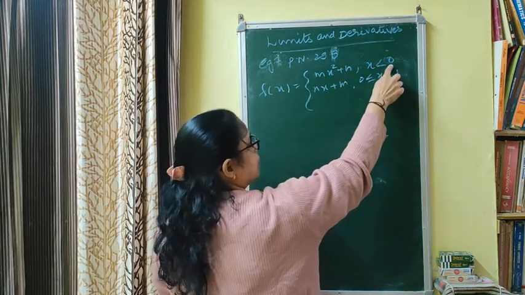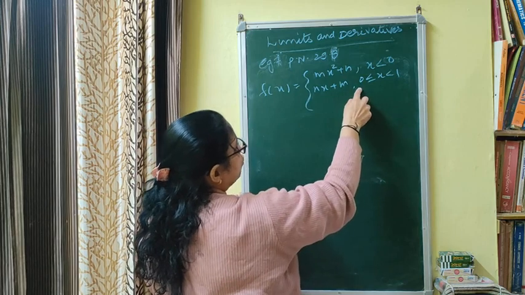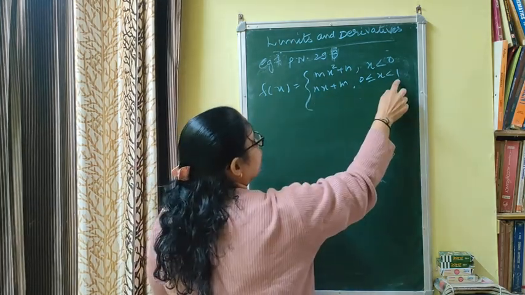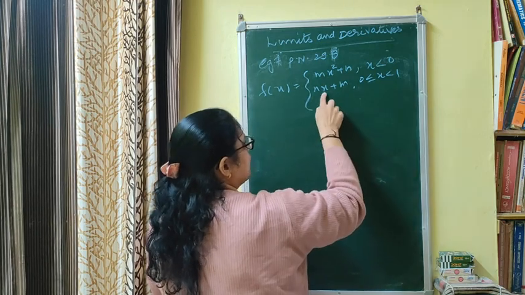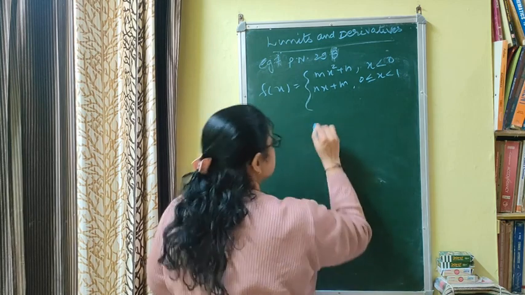x less than 0 means less than 0, so in the LHL this function will be put. x greater than or equal to 0 means more than 0, that means it will be put in the RHL. And for 1, this is the LHL. Now the LHL function, and the next function given is nx